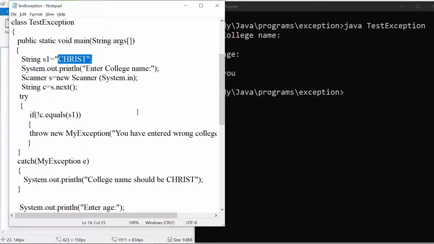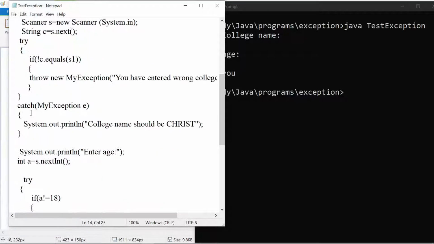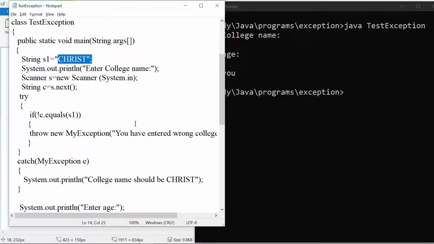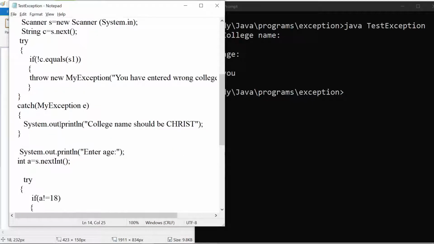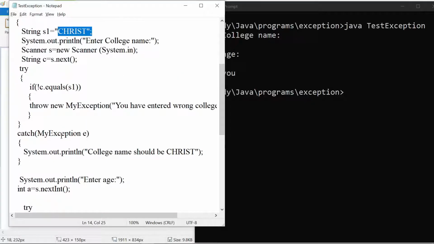But once the project has been developed and you give it to your end user, he may not be knowing that, right? Are you understanding? So whenever he gives the wrong input, an exception should be raised and he should be given an alert message saying you have done something wrong and you have to do it like this. Such messages can be displayed through exceptions. So that is the requirement for adding all the different cases in your code as a developer. Once it is handed over to the end user, he may not be knowing the things. So we need to take care of all the different cases of exceptions, and you need to handle those exceptions also.